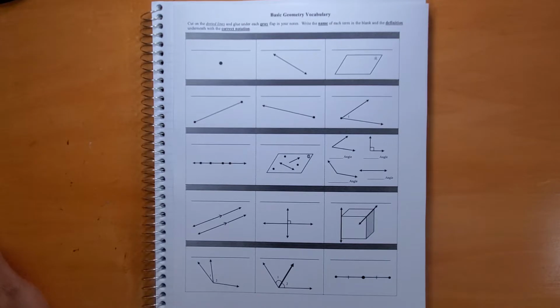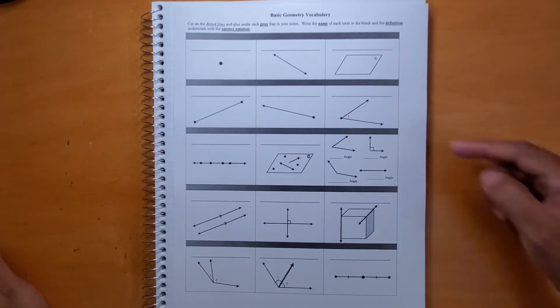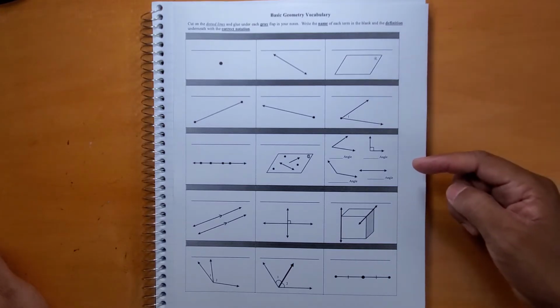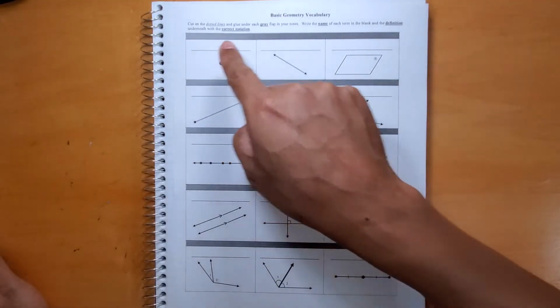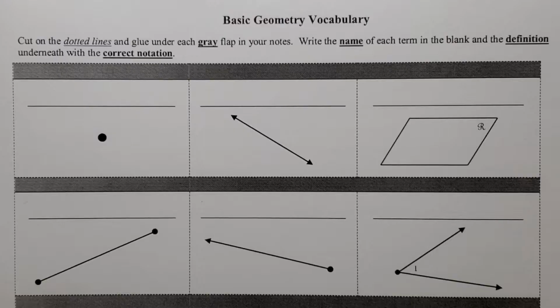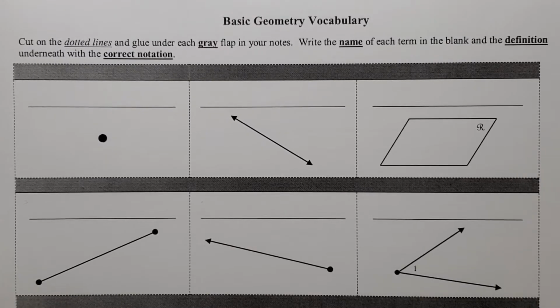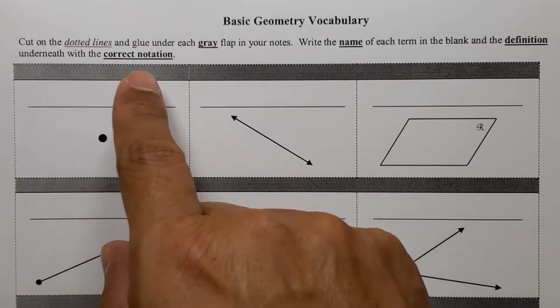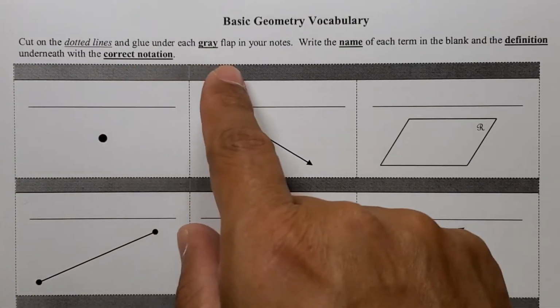In this lesson, we are going to be going over the basic vocabulary for geometry. Okay, so you should have access to this template. Okay, and I'm going to ask you to read the instructions here. I'm going to zoom in so you can see that. Okay, so what you have to do is you cut on the dotted lines and glue under each gray flap